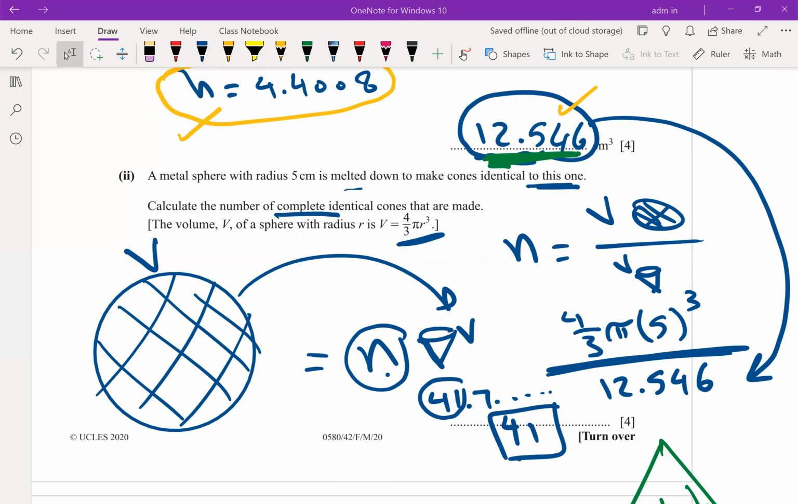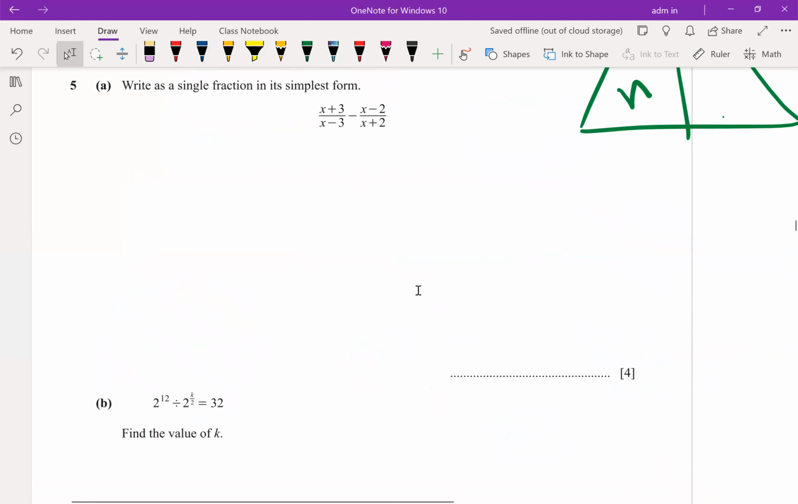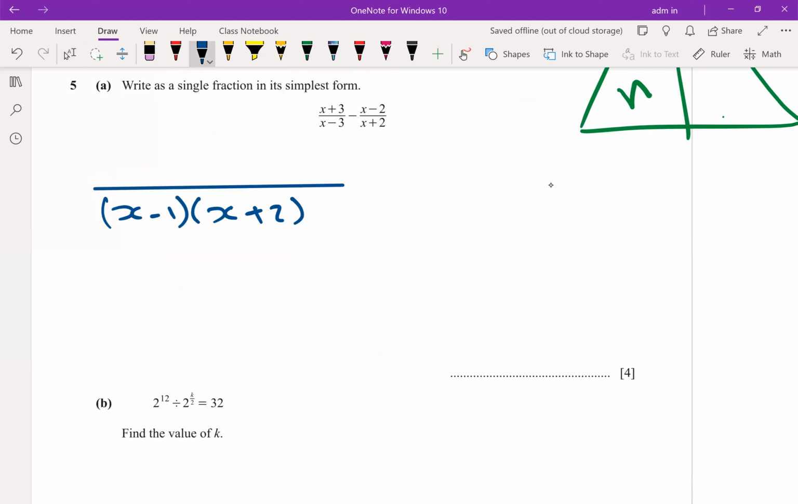Okay. Question number 5. Algebra. Two fractions. Find a single fraction. What is the first step you have to do? Common denominator. Multiply x minus 1 multiplied by x plus 2, then cross: x minus 3. Correct, you're right. (x minus 3)(x plus 3) multiplied by (x plus 2), minus (x minus 2) multiplied by (x minus 3). Then